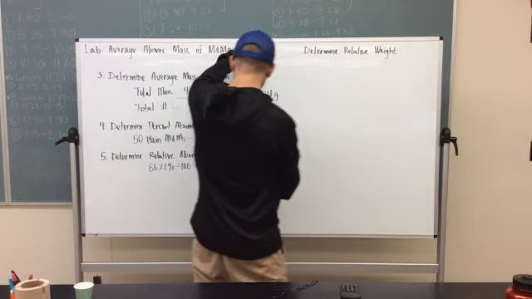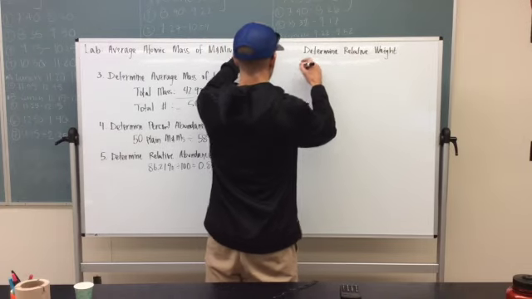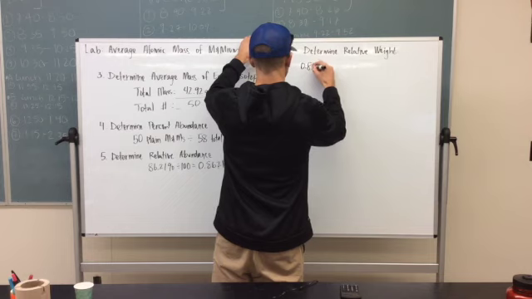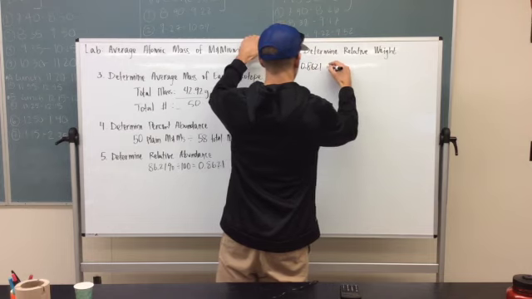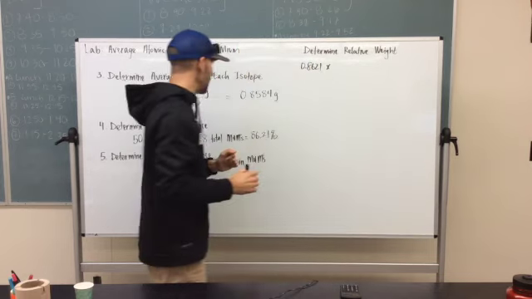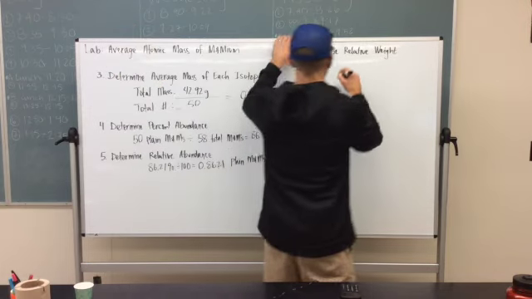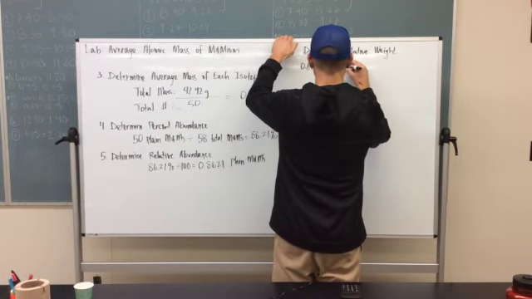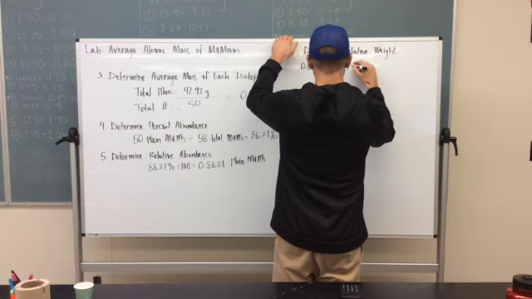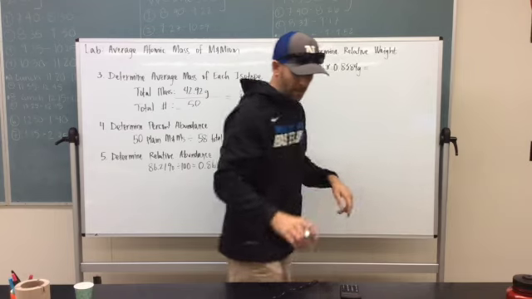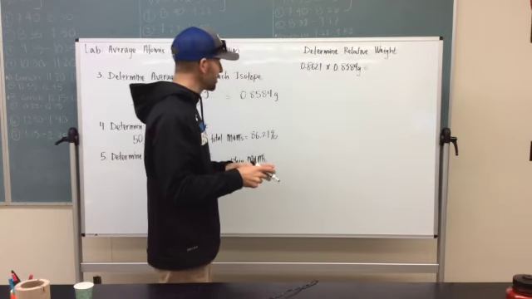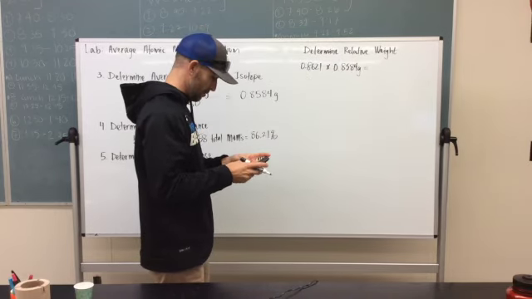We're going to take our relative abundance and we're going to multiply that by our average mass. And we'll find that our relative weight